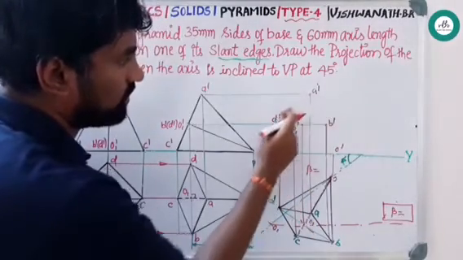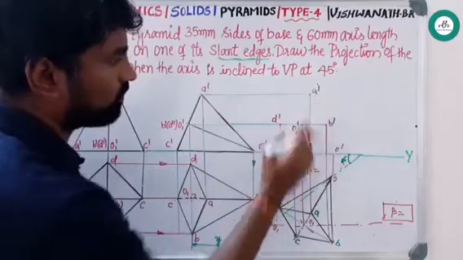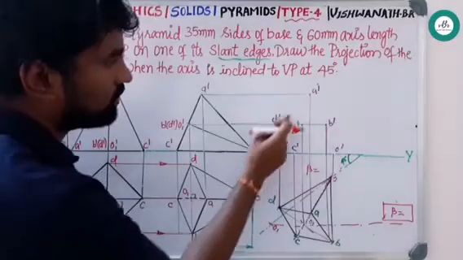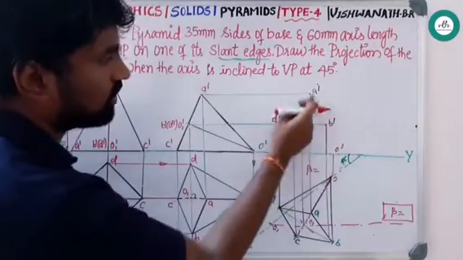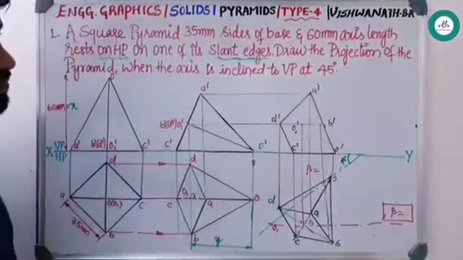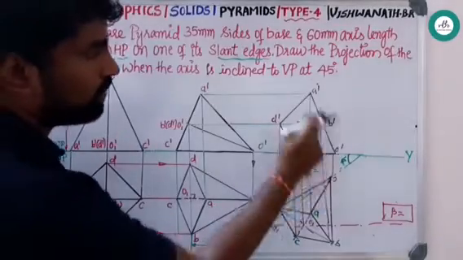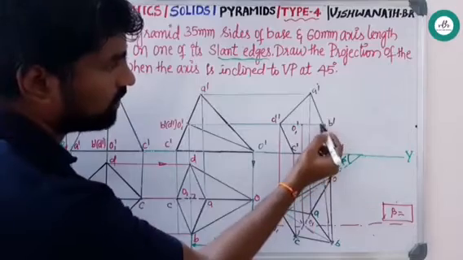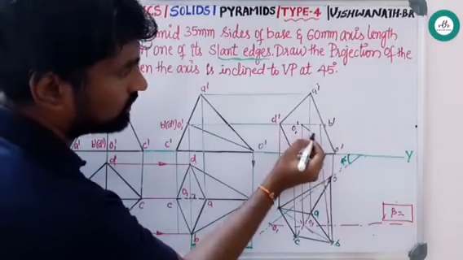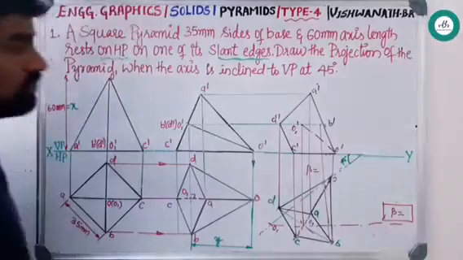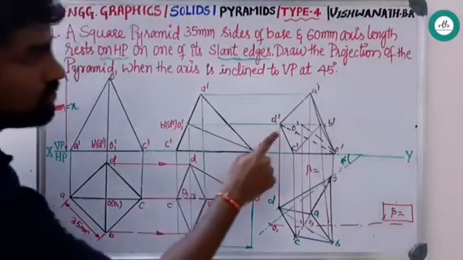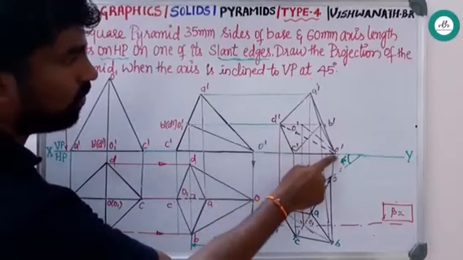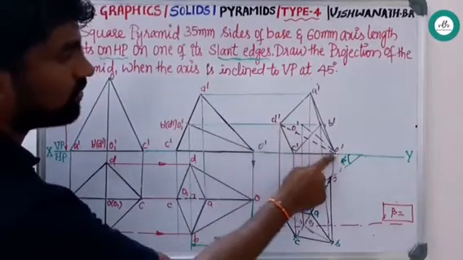Now, since the base part is clearly visible from the front, highlight this particular, or else we have one more method. Join all these boundaries and proceed the problem. After joining the boundary, since base is clearly visible, you can join this base part and show this axis line. So you should make a note here. Since base part is clearly visible, O dash and D dash is not visible.